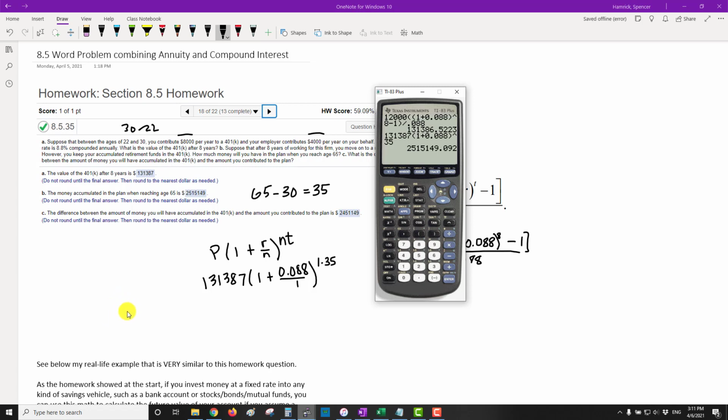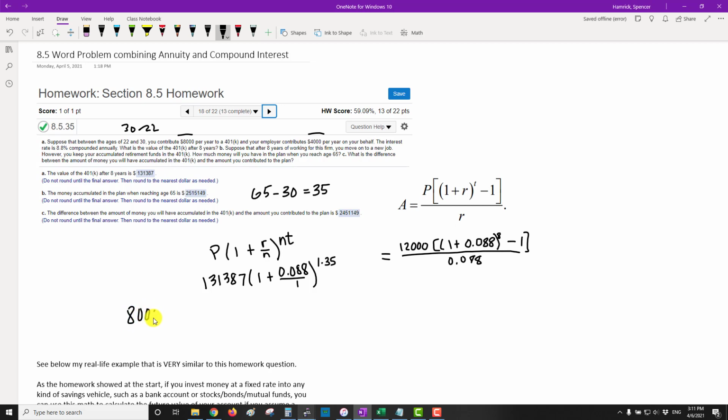So in this case, this person contributed $8,000 is all they had to contribute. The employer did $4,000, but that was not part of the contributions that you contributed, and they did it for just 8 years. So 8,000 times 8 is $64,000. So for the sum of $64,000, you were able to turn that into $2.5 million. So we want to know how much was the interest. What's the difference between what we contributed and what the account is worth? So we take 2,515,149, and we're going to subtract 64,000 from that, which is our skin in the game. And when we do that, we get this